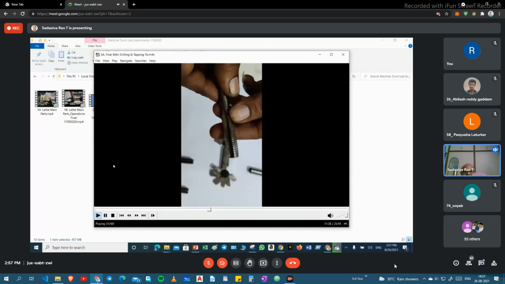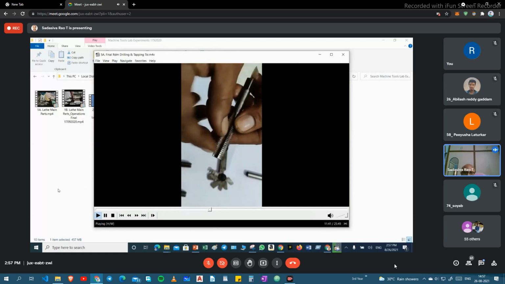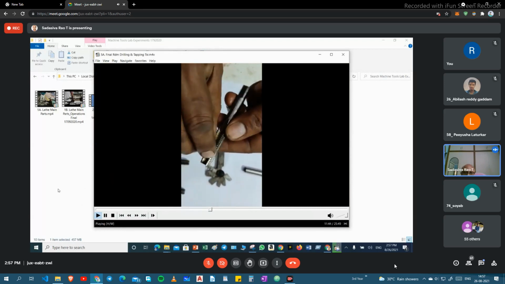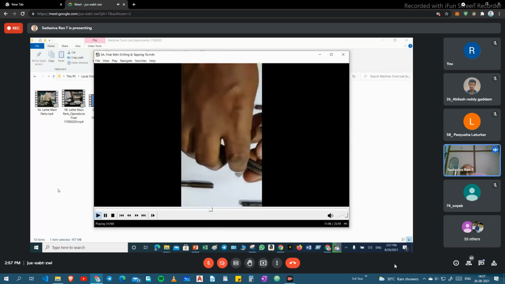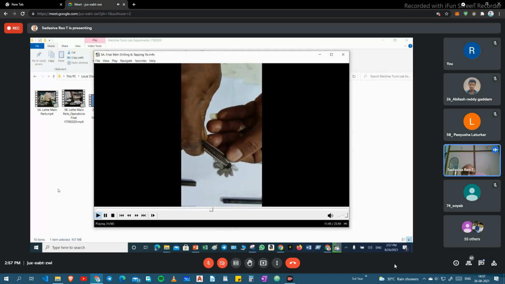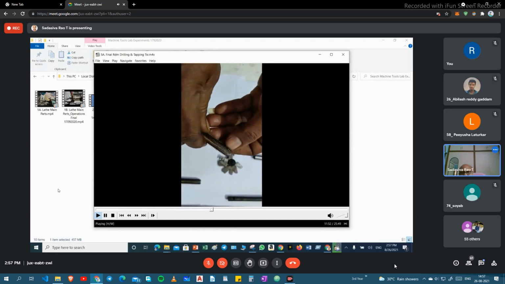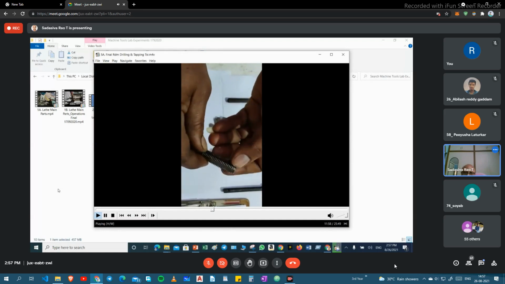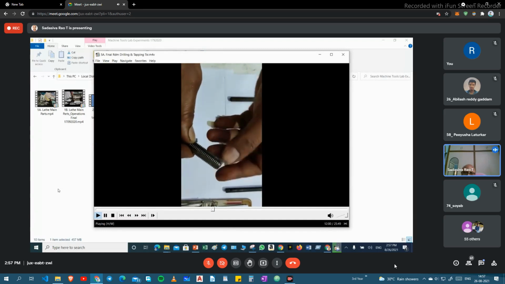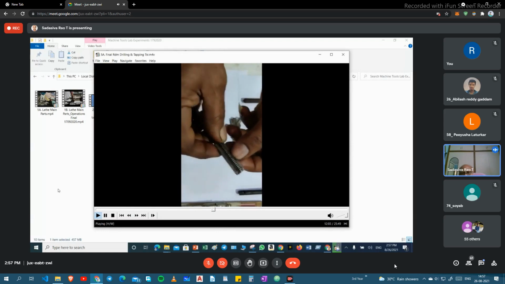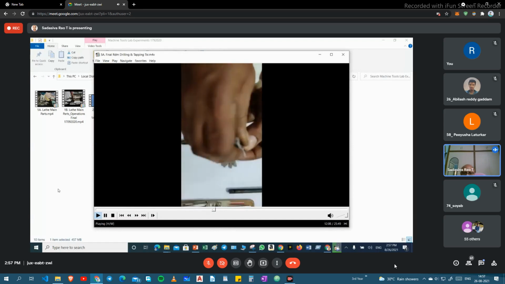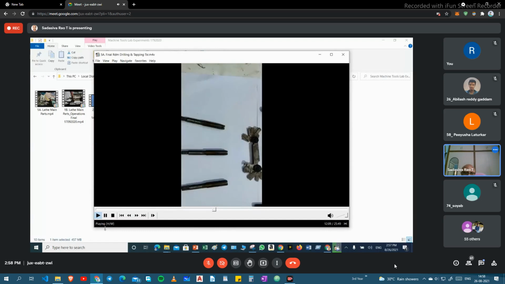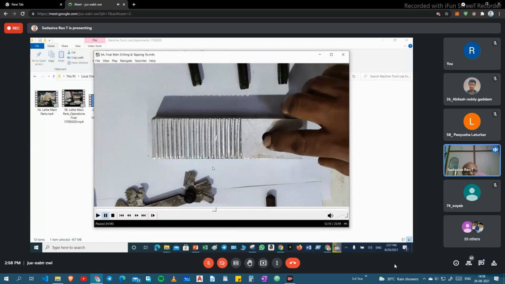The calculation we have shown. It is having 7 threads taper. This portion is the taper portion, and this one is the second tap or intermediate tap. It is having 4 threads taper. This one is the final tap or bottoming tap. And you see, this one is not having taper. Just it is having a chamfer. With this tap, we are doing blind hole tapping, internal threading. That third one is the final one.